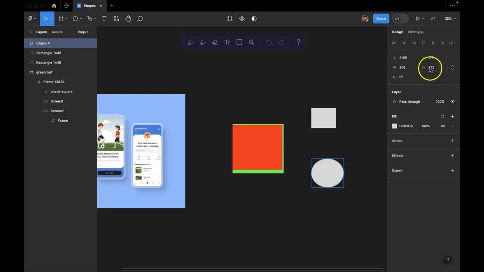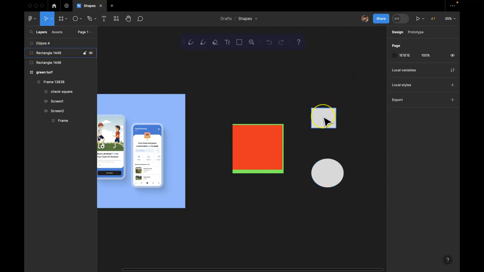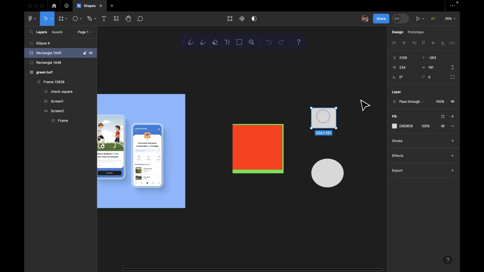Same at the right side, you can see there is height, width, x and y coordinate. And if I select, let's say, this rectangle, you can see here is the option, that is rotation. So I can set the rotation of the shape. Let's say I want 45 degrees. So this will just get